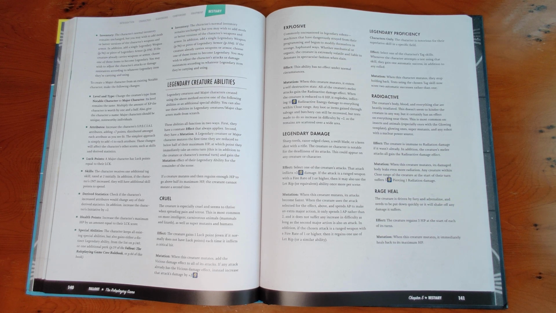This only has an effect when they mutate, so it enters a self-destructive state. All the creature's melee attacks gain the radioactive damage effect, and when it's reduced to 0 HP, it explodes, inflicting 12 dice radioactive energy damage to everything in close range. Oh my god. All the loot and stuff can still be recovered, but tests may do so increasing difficulty by